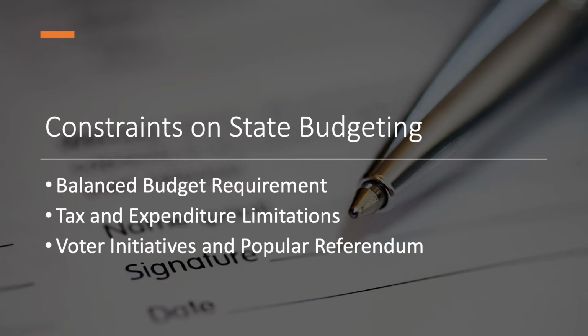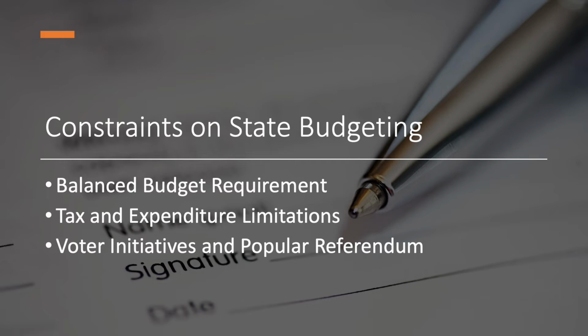Finally, the last constraint that one needs to consider are voter initiatives and popular referendum. This exists in about 24 states, and it affords citizens the opportunity to pass or repeal laws, mandate or repeal spending programs, and impose controls over the legislature's tax and budget authority. And this, quite obviously, can put some serious limitations on the legislature's ability to manage revenues, spend dollars, that type of thing. So this is a situation where the voters can really exert quite a bit of control over the